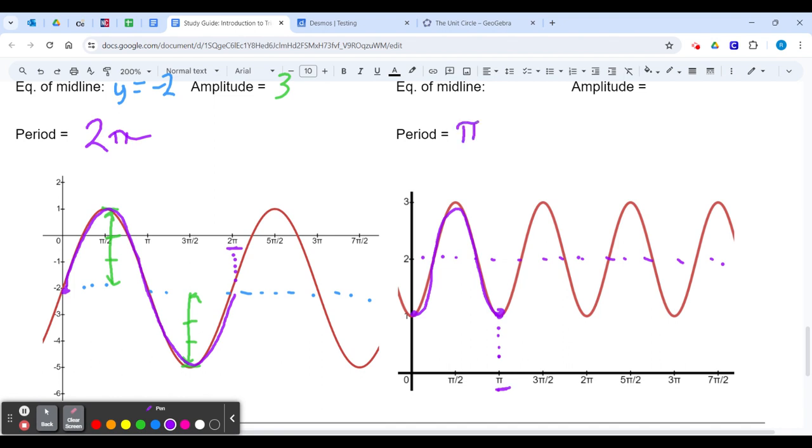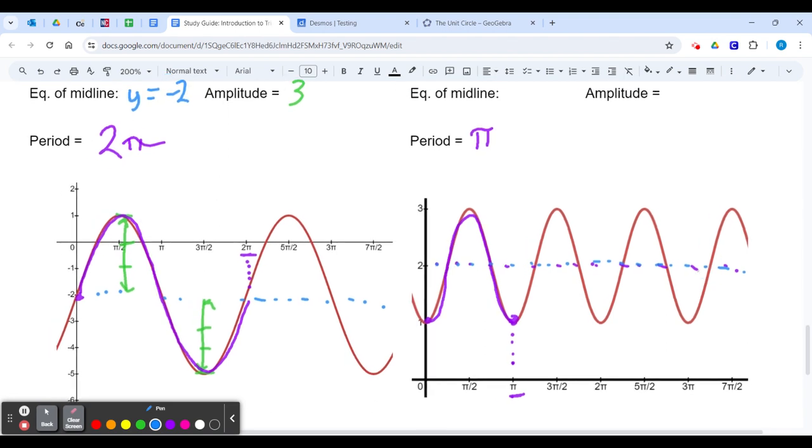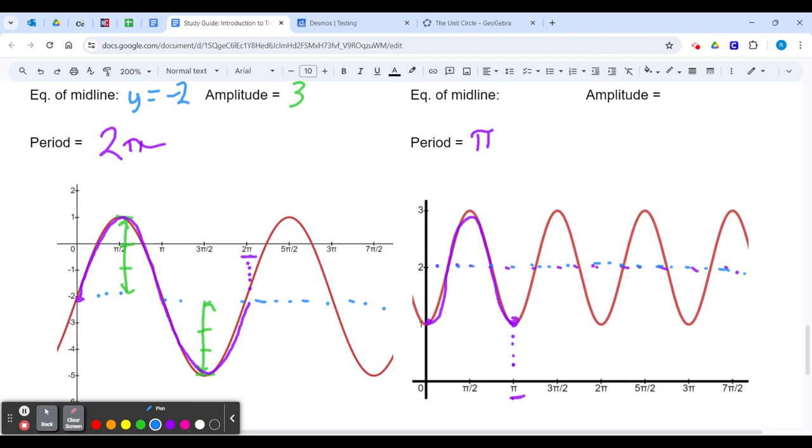So through that, I already found where the midline is at. I traced it with that purple line there. It looks like it's at a value of 2. So our equation of the midline is going to be y equals 2. And then that amplitude there, if I measure from the midline to a peak, I only go up 1 space. I only go down 1 space. So our amplitude is simply going to be